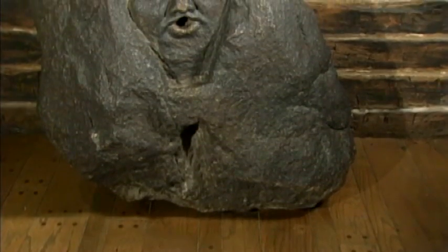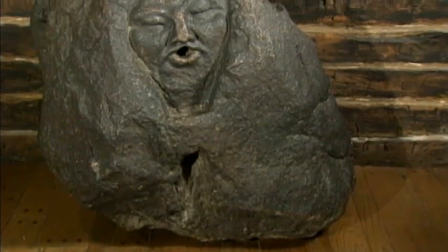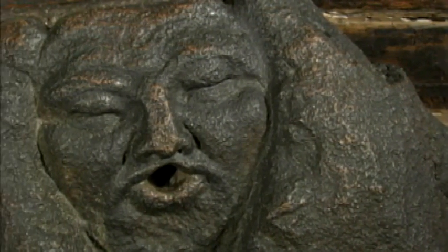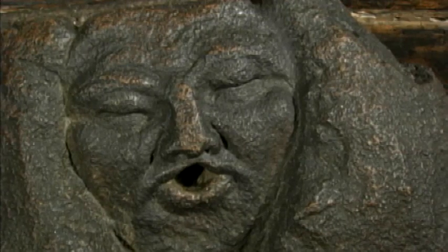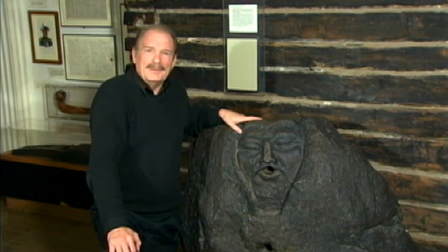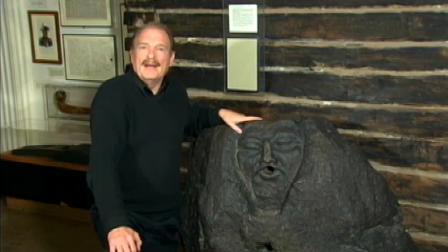It's said the carving was done by a soldier who used the Potawatomi chief Wabansi as his model. Others claim the stone was used as an altar for ancient peoples or even used as a mooring stone by Vikings. In addition to these artifacts, the museum has in its archives the journal accounts of Jacques Marquette and of